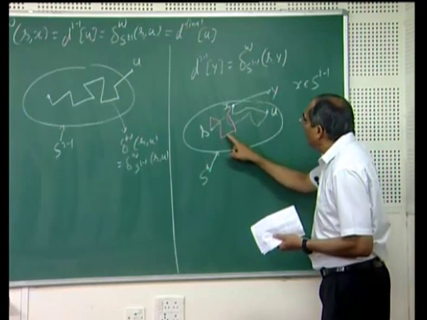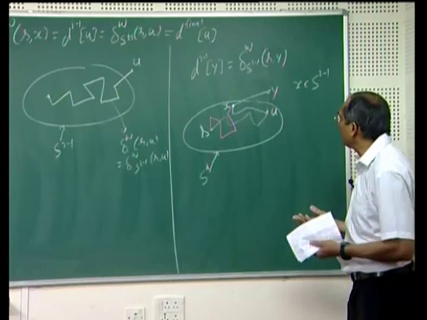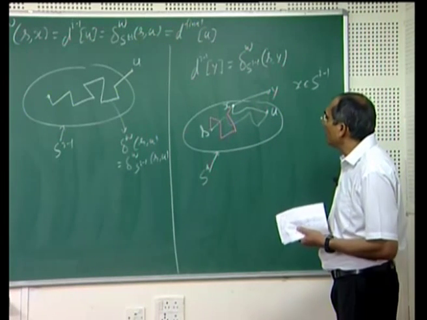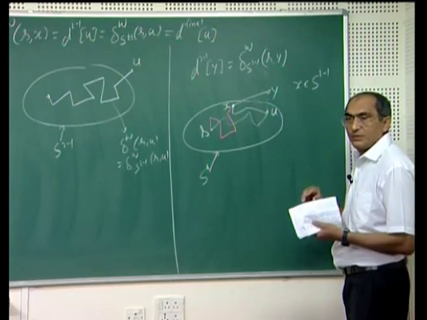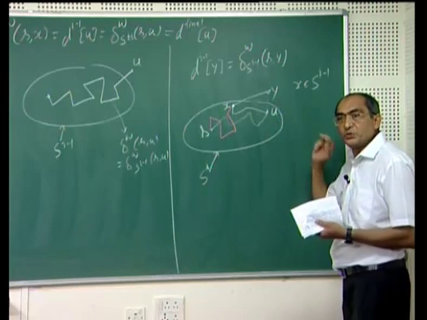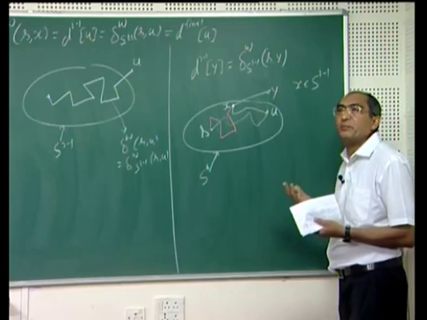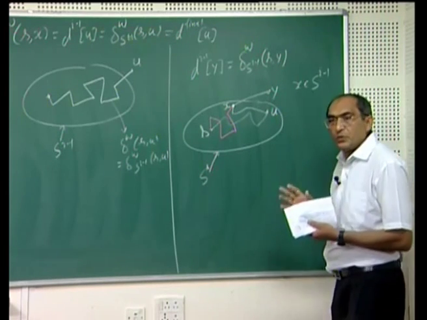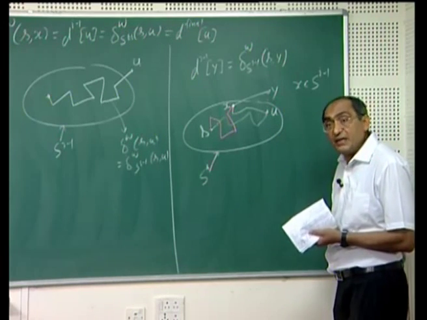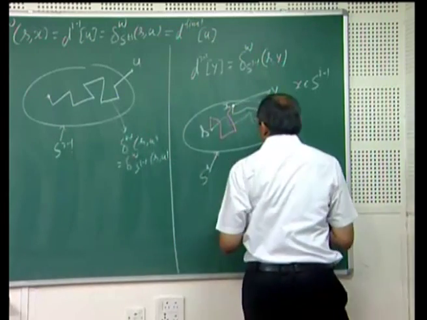So, this pink path followed by this edge must have the same weight as this or less. So, I have an alternative path from S to y which does not even use u. So, I do not even need to consider such a path, its weight is not going to be better. I need to only worry about those paths which contain u and u is the second last vertex. So, let me just consider that.